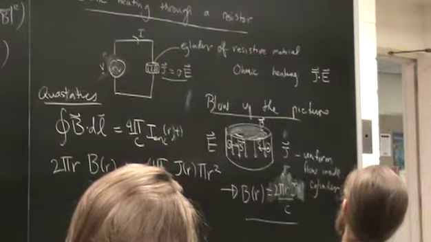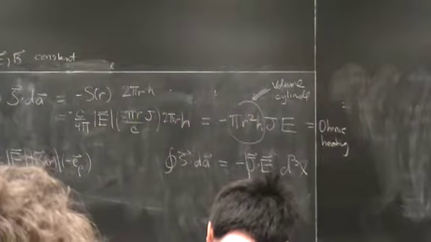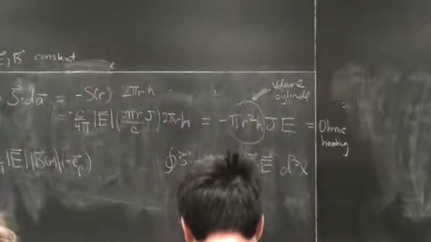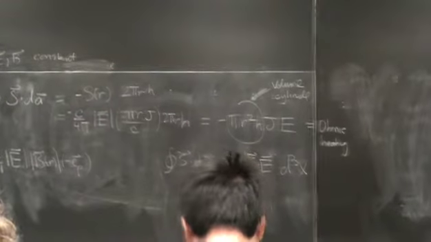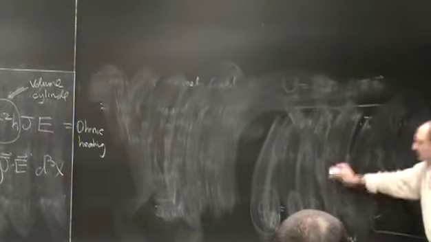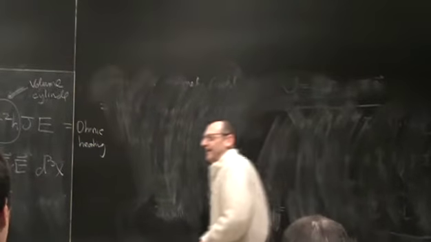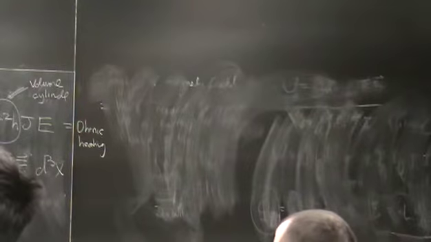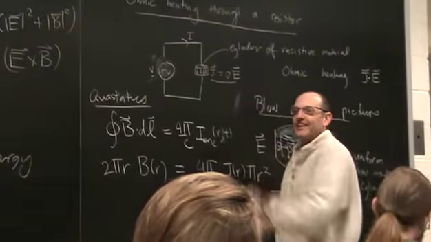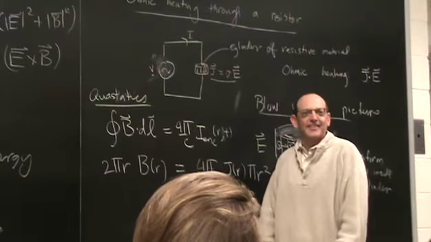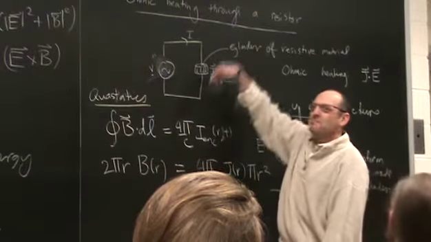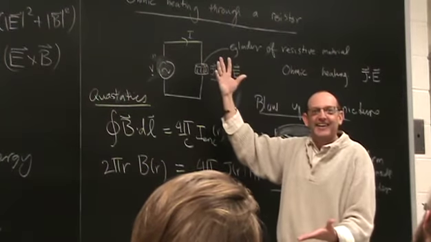Okay. Now, one thing you may note in this, and you say, what the? I mean, this is a standard undergraduate problem that I just did. You may have seen it already. I'm sure you did it in your undergraduate classes. But one thing you probably never did is the following. I mean, give me a break. You're telling me I got current flowing through this resistor, and the energy is flowing radially into the circuit? That's the flow of electromagnetic energy? I mean, power is flowing in the circuit here. Power should be flowing